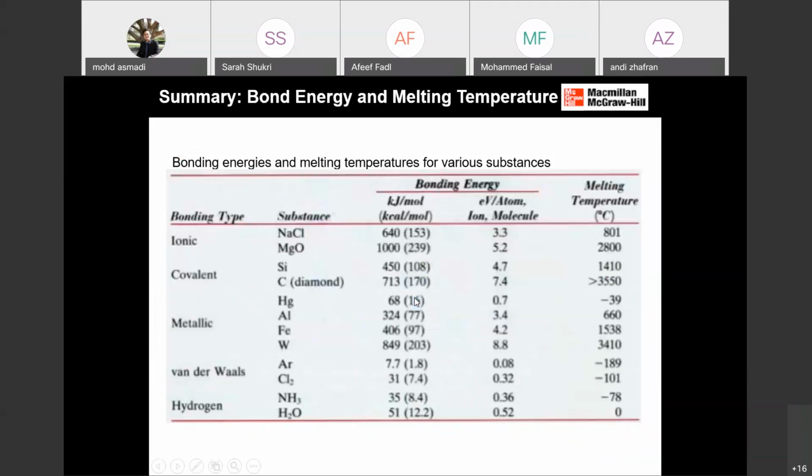Okay, that's the summary for all bondings. Atomic structure and the bondings. Do you have any questions about this one, primary as well as secondary bonds? I have a question, Doctor, about the symmetrical and asymmetrical. What is that?